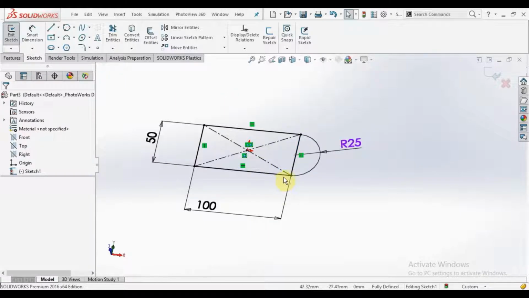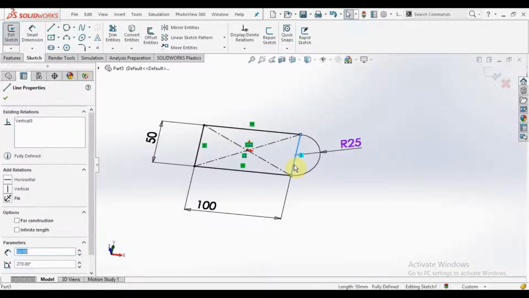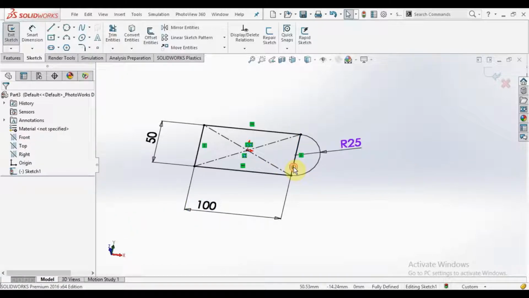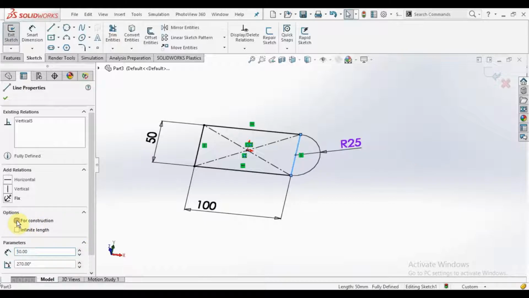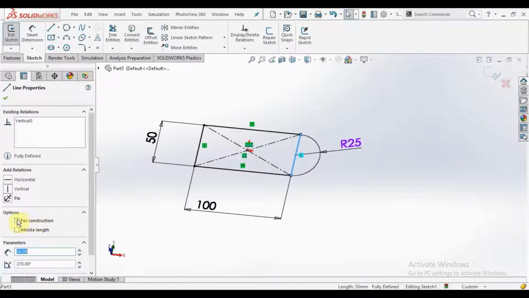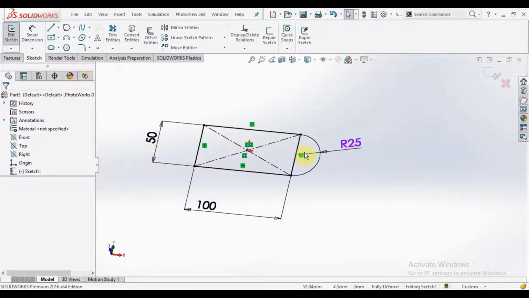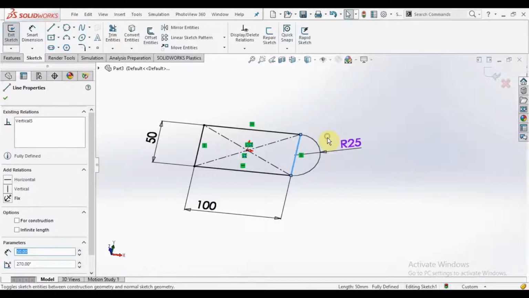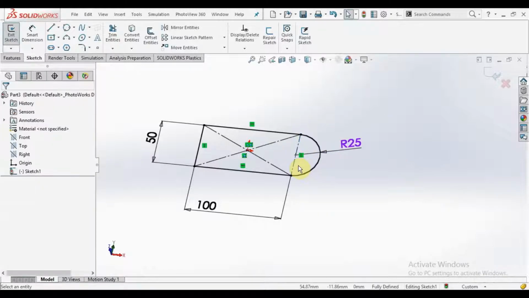So instead of deleting, just select the line which you want to delete and make it construction. Okay, so this is our fully defined sketch.